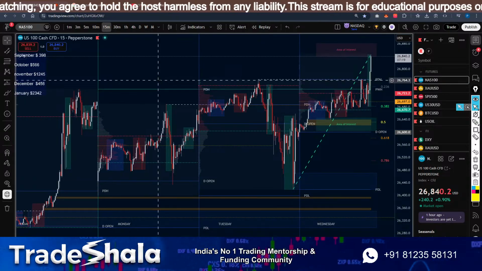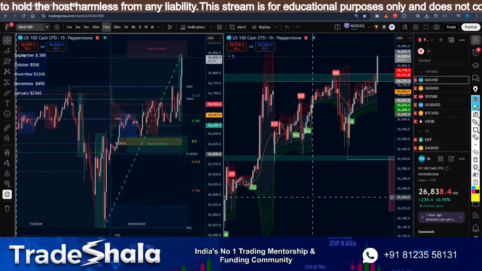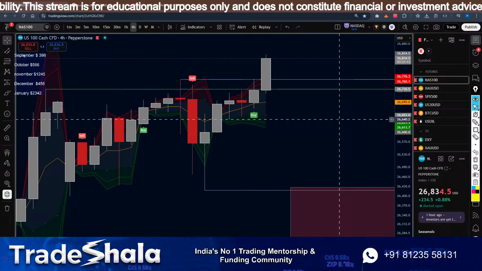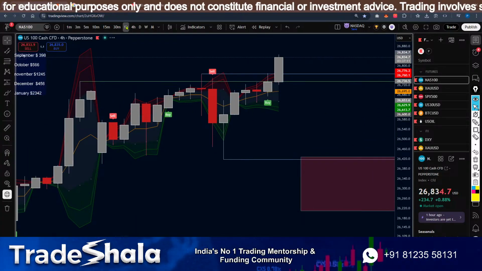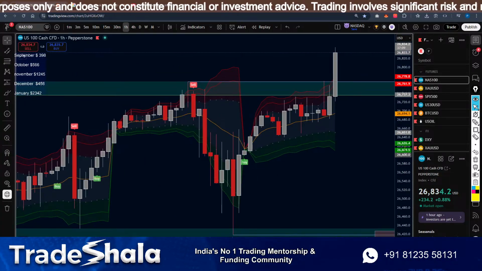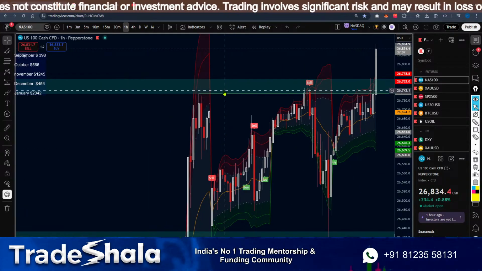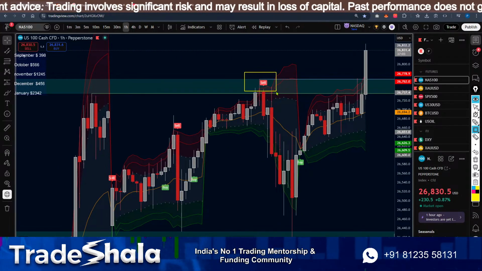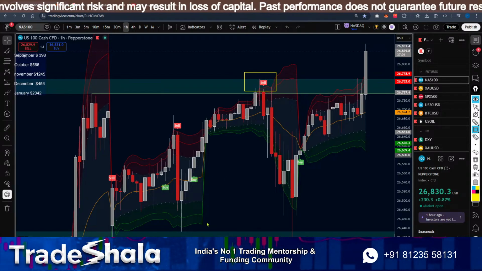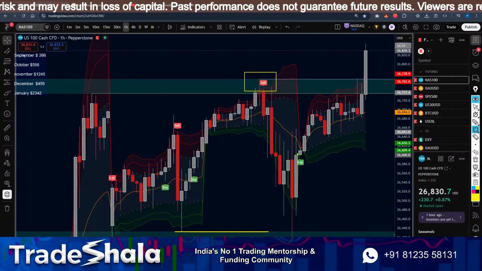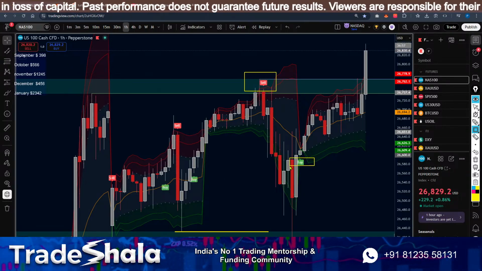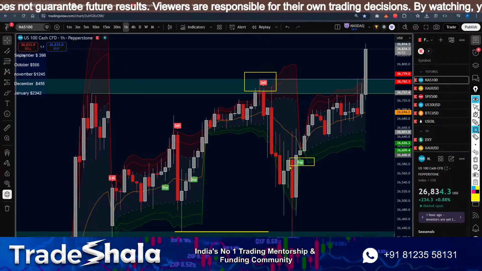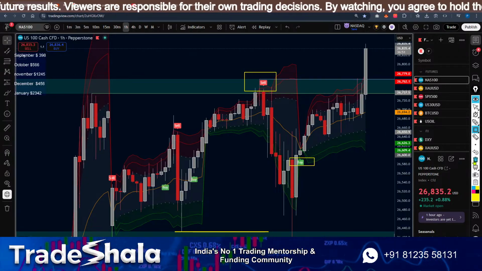Now, since I don't understand the macro on the smaller time frame, I'll go to the higher time frame. 4 hours, something like that. Let me see what it is. On the 4 hour and the 1 hour, it will show me levels. See, this was the last level that acted as resistance. So now use this to sell. We already took the sweep. We have enough confirmation. Use this as buy. How cool is that? But I'm not trading NASDAQ right now. I'm purely focused on gold.